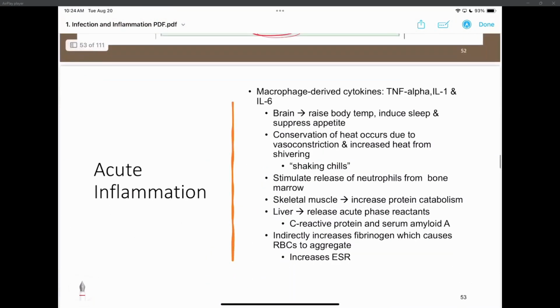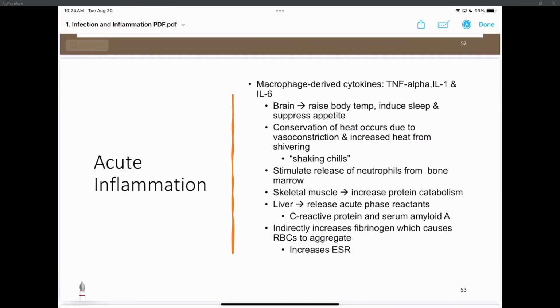Okay, last little bit here. These cytokines that are released will have an effect in other places in the body. TNF is tumor necrosis factor, and IL are your interleukins. Don't need to know definitions for all that stuff. You'll get it in different classes. But for me, when these cytokines get in the blood, they have an effect in other areas. The brain: raised body temp, okay, causes a fever to happen.